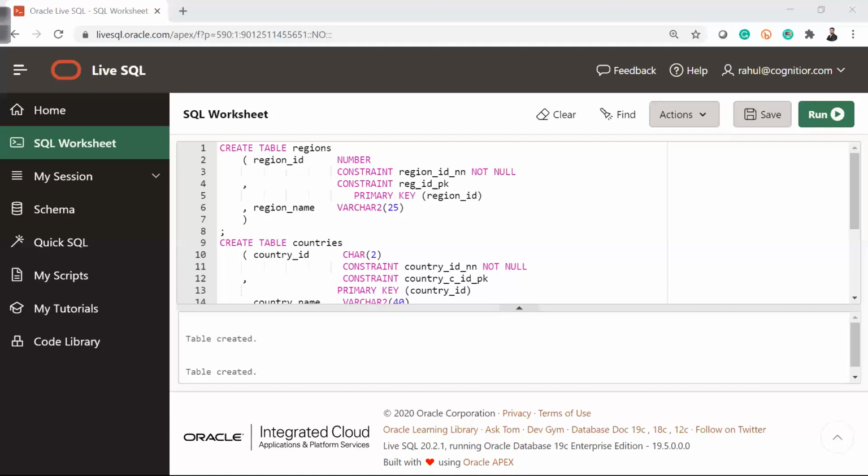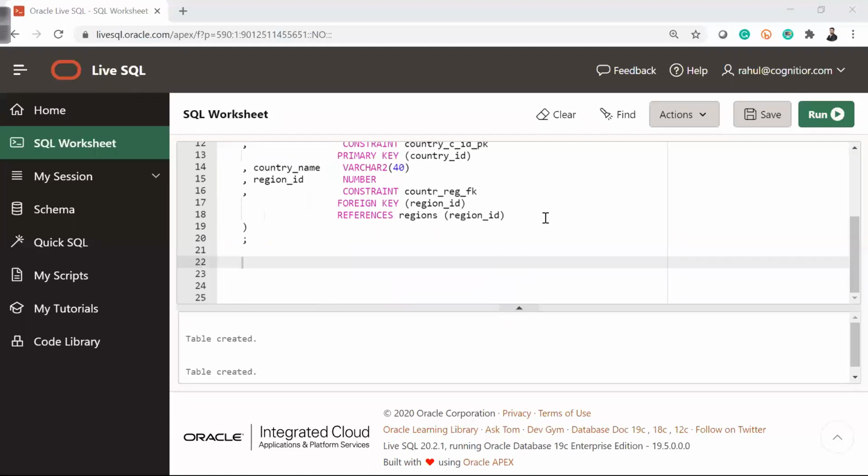Then we'll start creating a drawing of the data model, so that we'll have an understanding that once we are creating a table, how the data model will be. So let's create other tables as well, and during the creation of those tables we will talk about another two constraints. One is the not null constraint, which we briefly discussed in the last class, and we'll talk about the unique constraint as well.